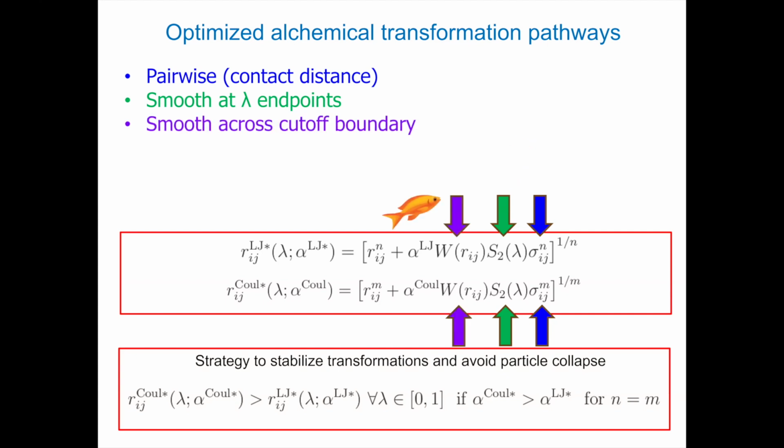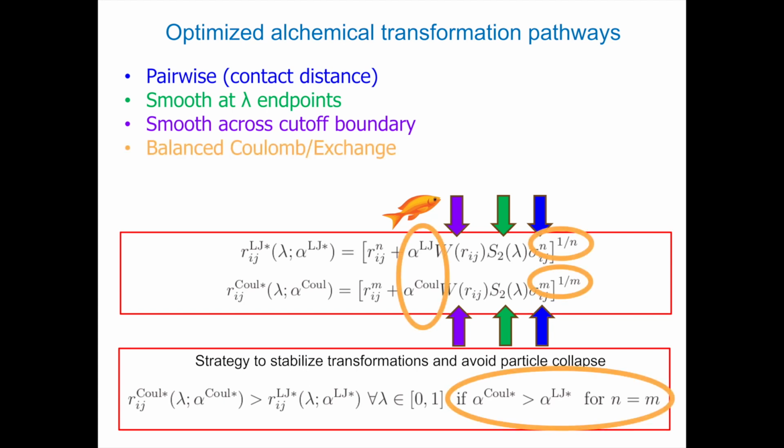There's also a switching function which allows the soft core potential to become the regular potential as it essentially passes over the non-bonded cutoff. So this allows the soft core potentials to just be computed within the bounds of a non-bonded cutoff, so using the non-bonded list for computational convenience. And then there's a unitless parameter for each one of these potentials that enable the balance between Coulomb and Lennard-Jones to be upheld. So that's what a soft core potential is.